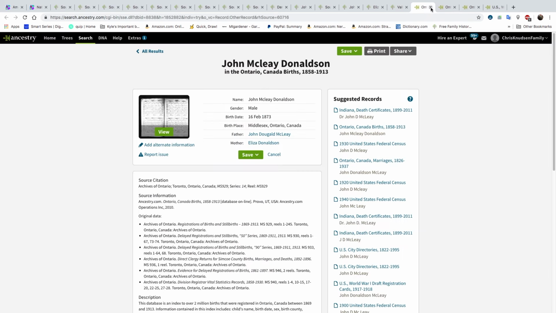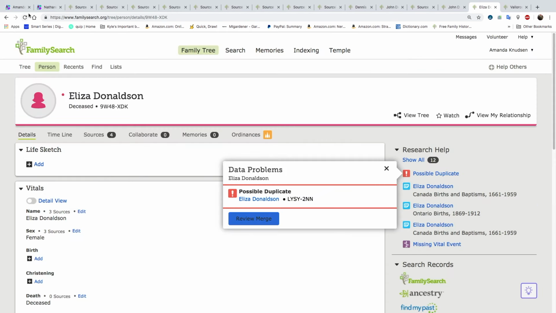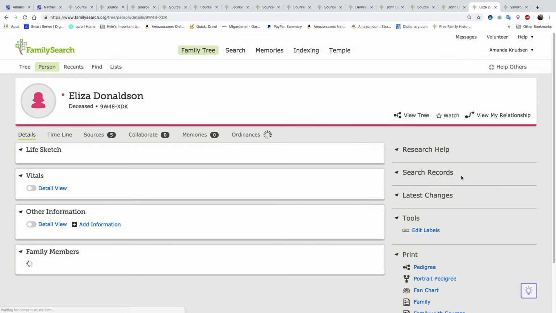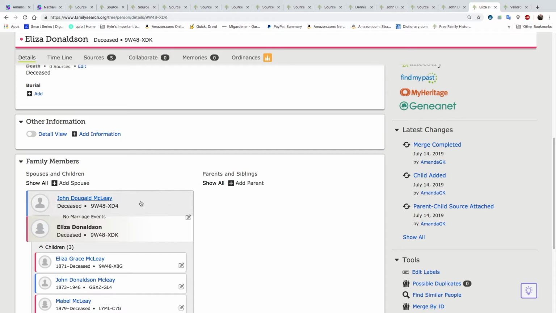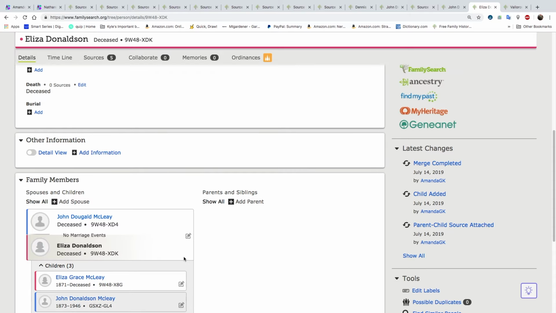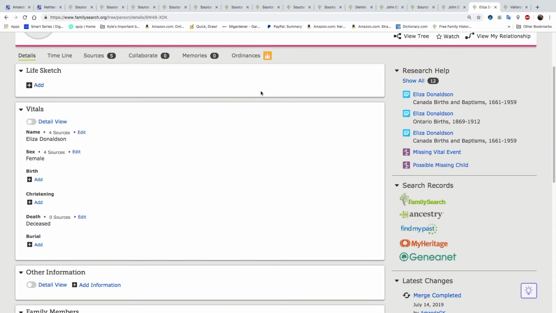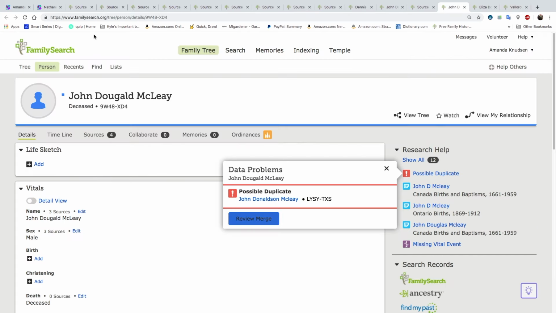Okay, I'm going to just kind of close these just because I'm wrapping up our video here. But basically what I do is I'm going to continue on. I'm going to go through each of these, get them all documented, just to be sure I don't have any duplicates. I'm going to try to find any records on these children to prove their relationship as siblings or whatever. And I may find sources where they have already been on the tree. And then I'm like, oh, they're a duplicate. And then I can clean them up. But yeah, I got to them all because of